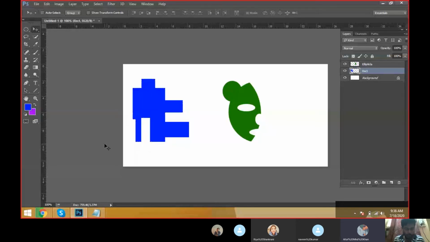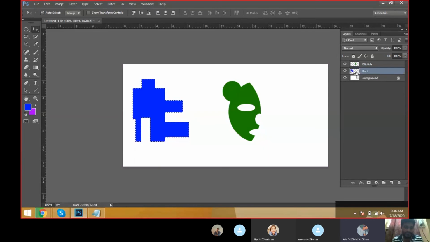Yes. Now one more thing. Altaf, how can we fill the same blue color to this object if there is no selection? First we have to make the selection. No, I don't want that, we already made the selection on this rectangular box. How can we get the selection? Hold Control, click on the thumbnail. Now we are getting the selection. Alt backspace and Control backspace, we can fill the color.